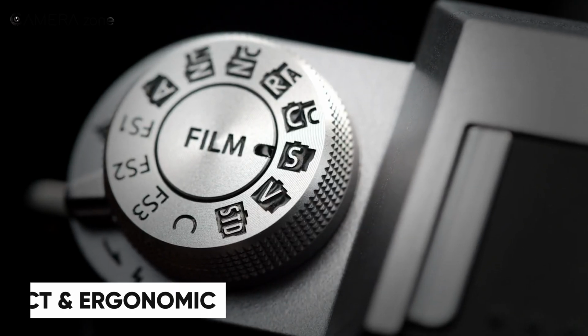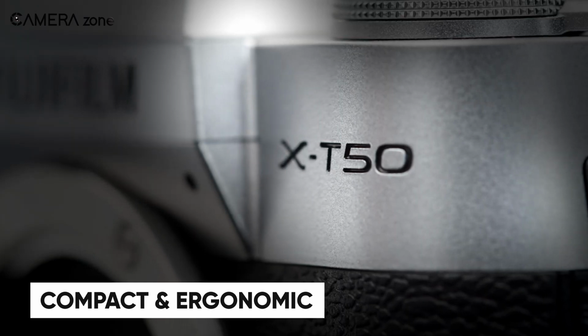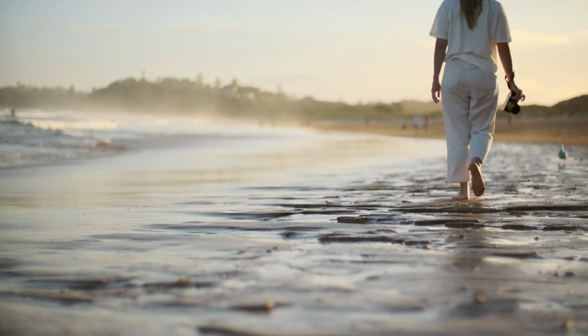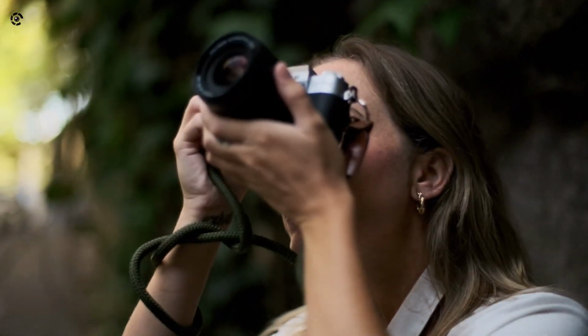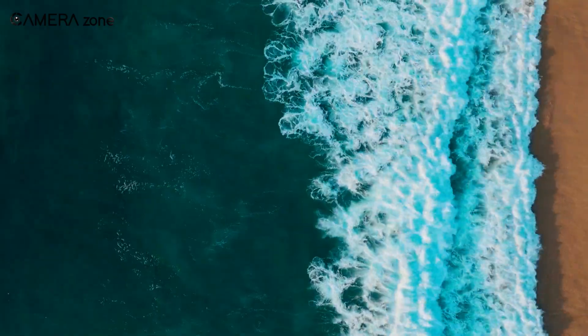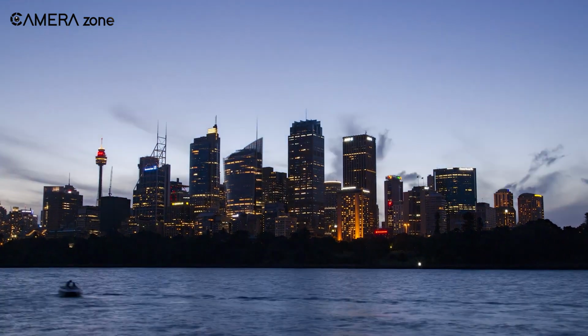At first glance, the X-T50 might remind you of a classic film camera from decades ago, but don't let its retro looks fool you. This beauty is loaded with cutting-edge technology. The compact body weighs just 438 grams, making it a joy to carry wherever your creative adventures take you. Its sleek design and ergonomic styling make it a pleasure to use, whether you're exploring a bustling city or capturing